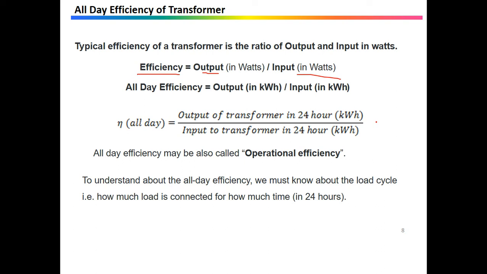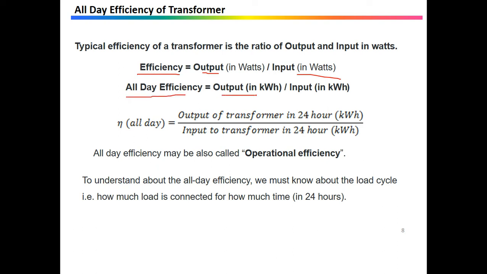So it is realized that there is a necessity to design a transformer in which the core loss should be low, as copper loss depends on load and can therefore be neglected. In such types of transformers, we can track their performance only by the all day efficiency. So this comes into the scene.